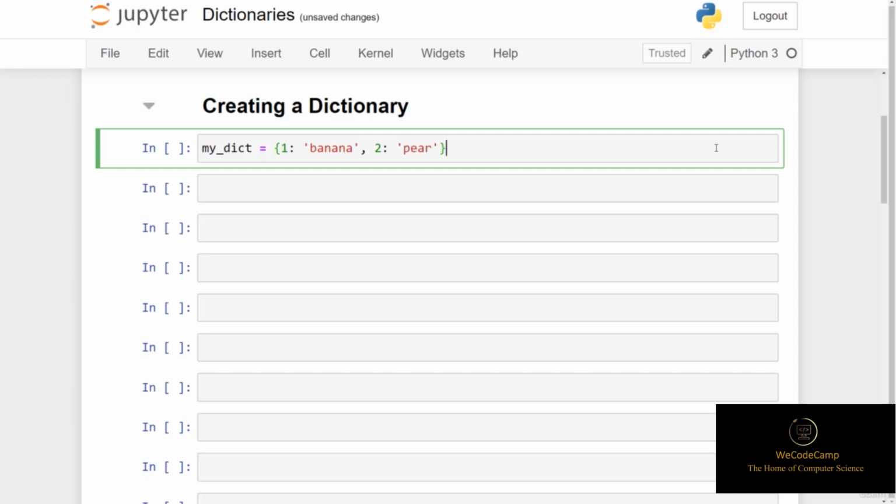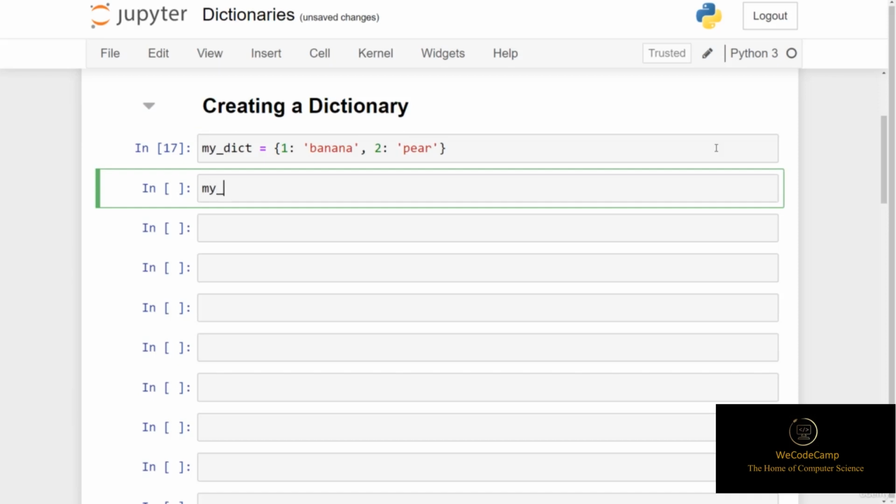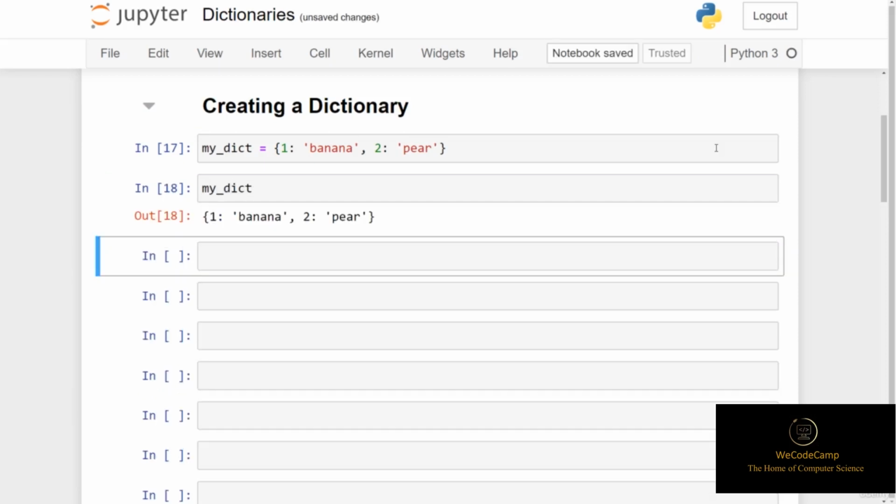So in this example, we have a dictionary with two items. The first item has a key of 1 with the value banana. The second item has the key 2, and this has an associated value of pear. So keys can be integers, and in this example our values are strings. Let's now create a second dictionary. So we can call this